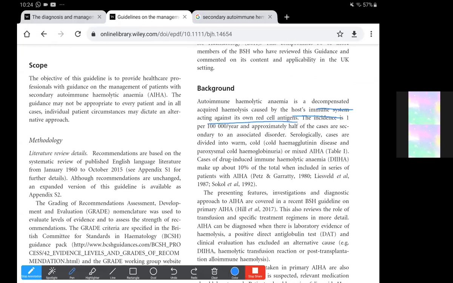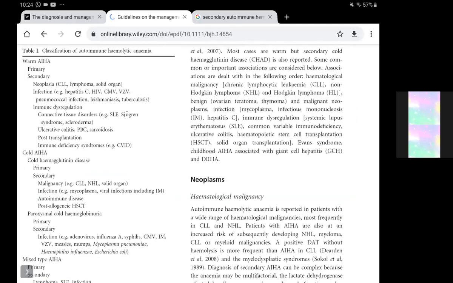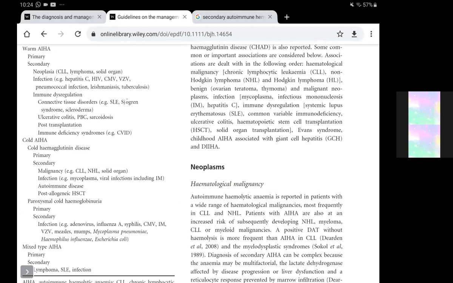antigens. So, like we had done, the division of autoimmune hemolytic anemia into warm, cold, and the mixed type. The cold is further divided into cold hemagglutinin disease and paroxysmal cold hemoglobinuria. A major proportion of the cold is mostly cold hemagglutinin disease, and only after its exclusion do we rule in the possibility of paroxysmal cold hemoglobinuria. And there was this table that is, in fact, even revised here on the classification. That is how warm and cold are divided into primary and secondary, and cold is divided into cold hemagglutinin and paroxysmal cold hemoglobinuria, and mixed.